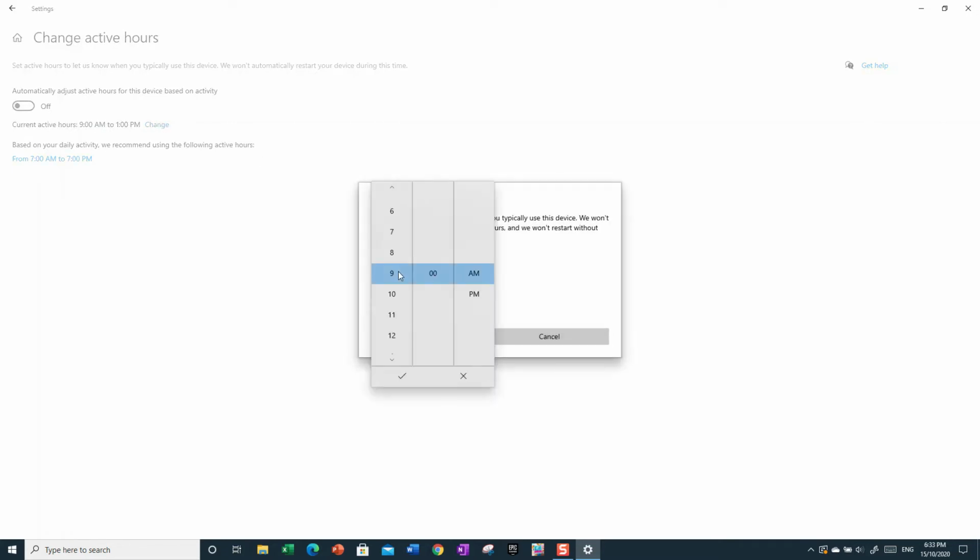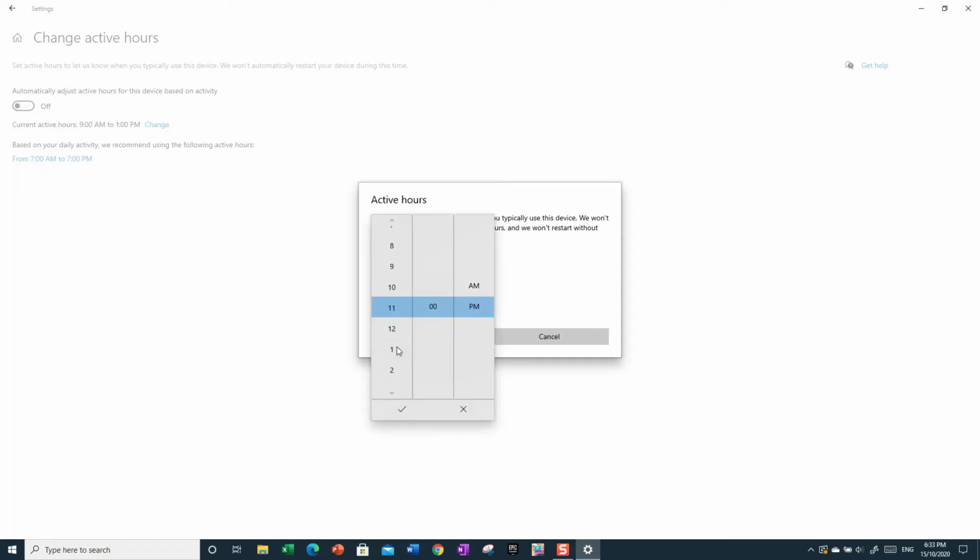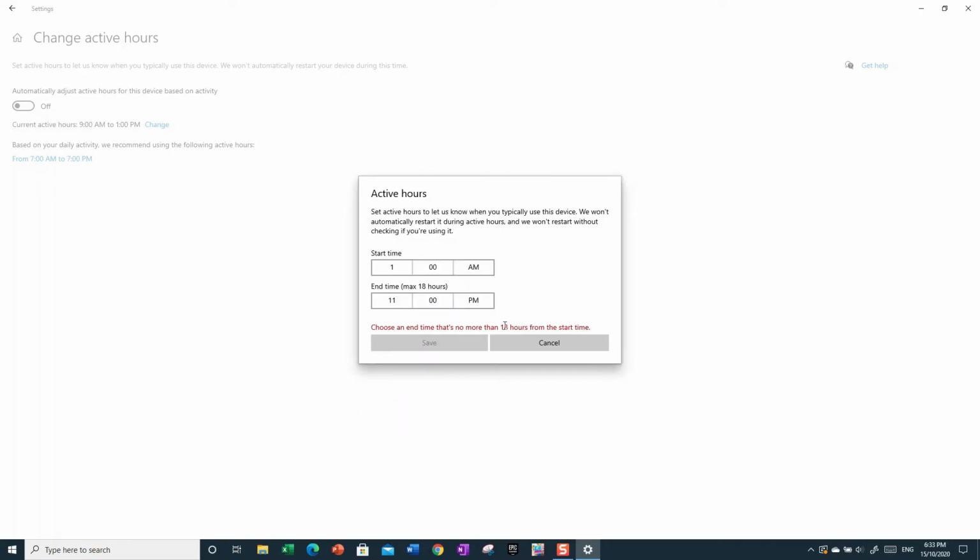Some of you might put this from 1 a.m. until, I don't know, something else. You just put it on until you would go to sleep. So for example, if you sleep at 11 o'clock, you would put that on 11 p.m. But it does say